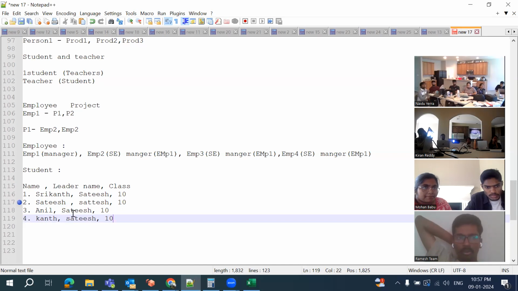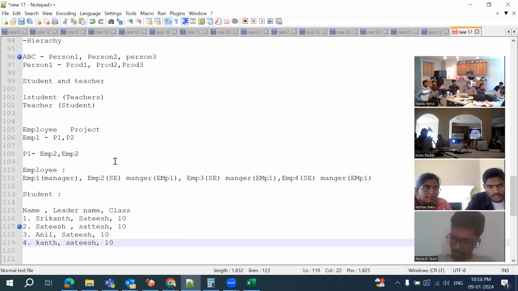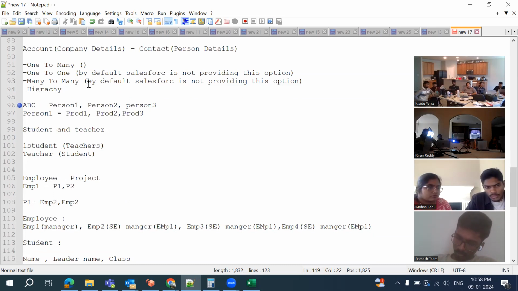If you're trying to relate to the same object, then we call it a self lookup. So in the previous cases, what happened? In the case of account and contact, these are two different objects, so we create a relationship between them. In one-to-one also, there are two different objects, and we are establishing a connection between them. And in many-to-many also, we establish a connection between two different objects, teacher